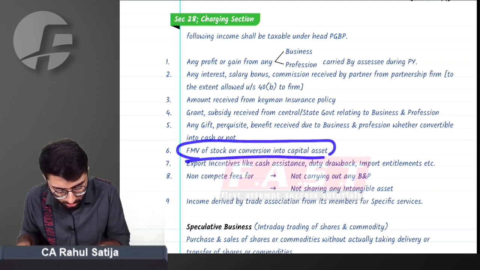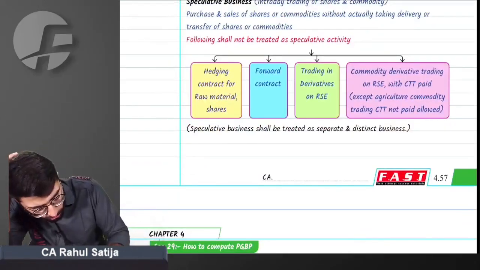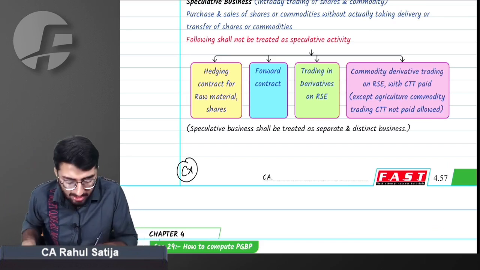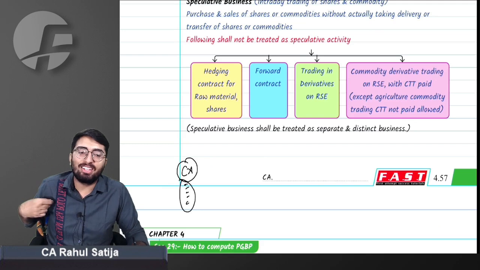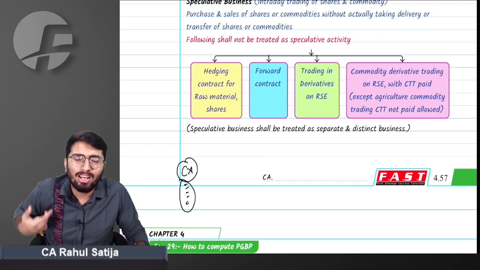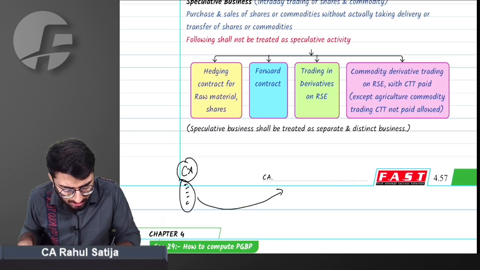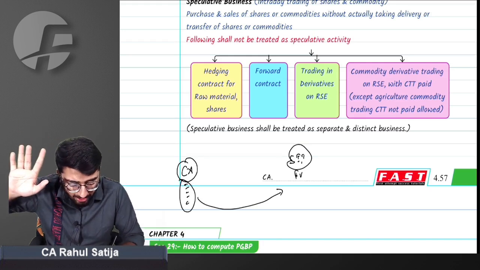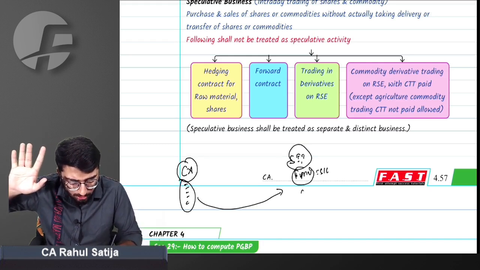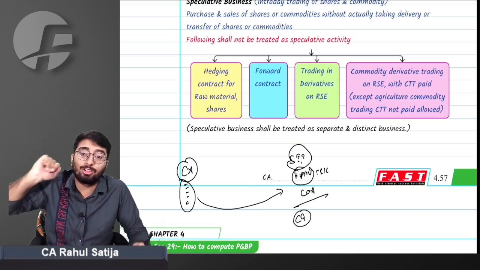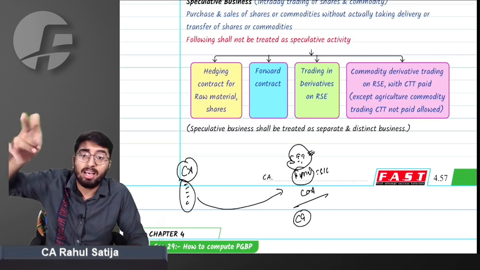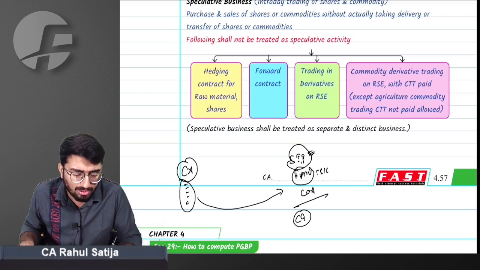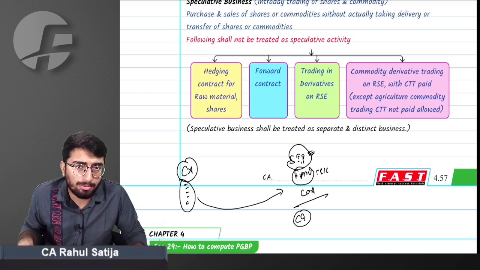Sir, FMV of stock on conversion into capital asset. Sir, what if we have a capital asset, like my mother had saved gold from her childhood just for my benefit, so that was a capital asset. But when I received that gold, I required it for business purposes, so I converted such capital asset into stock in trade. What was the capital gain implication at the time of conversion? FMV was considered as sales consideration and cost of acquisition was reduced, and capital gain was fixed at the time of conversion. Now, whenever this stock in trade was sold, capital gain was leviable in my hand, and whatever income accrued after the conversion of such stock in trade was taxable under PGBP.